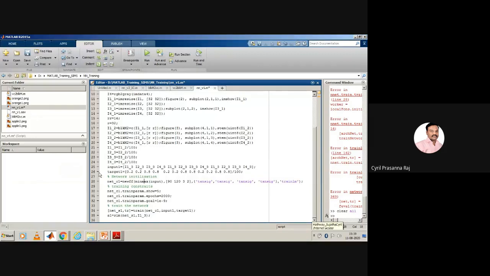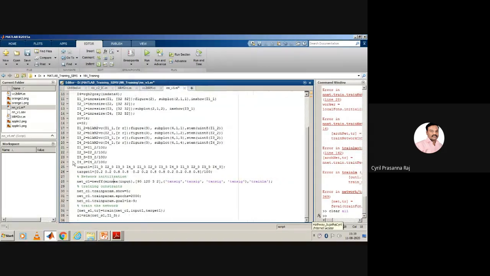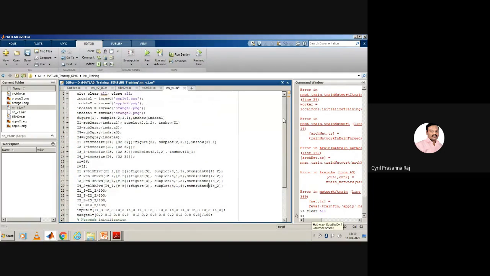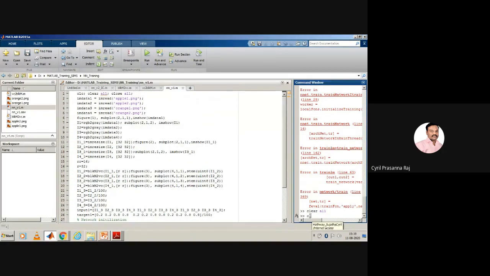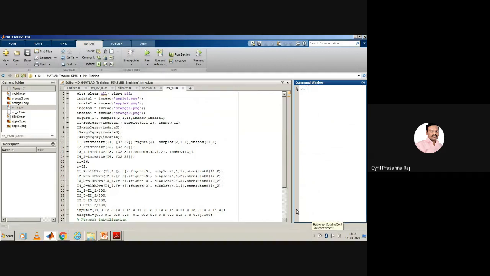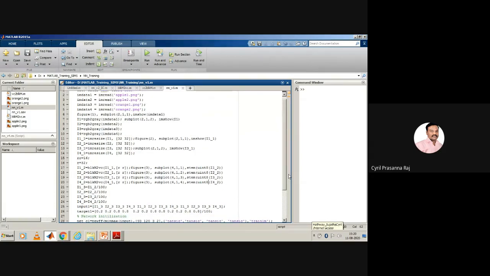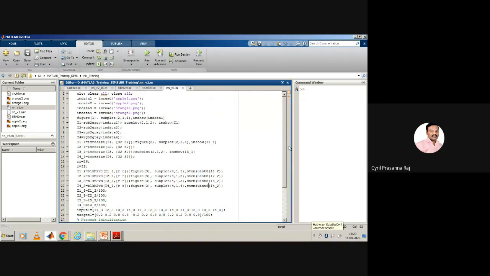Now the issue in this program is why it is not able to classify. There are 3 important reasons. The first important reason is that whenever we work with neural networks, the most important thing is the database. Because the network is trying to learn, we need to make sure that we have a huge amount of data so that the network gets trained to learn this information.